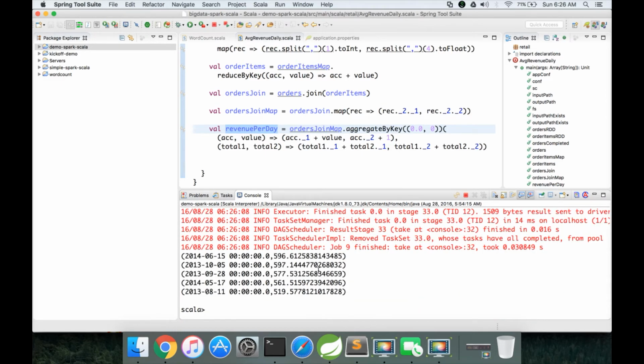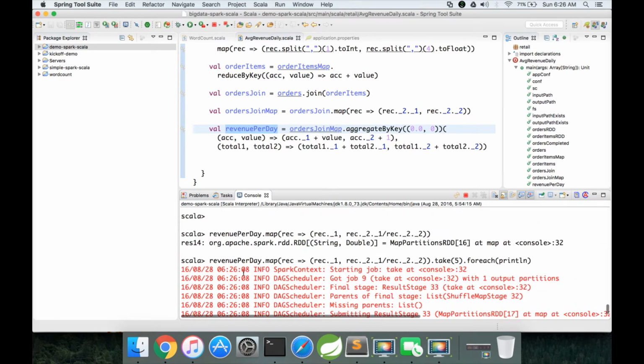But if you see, the decimal points are too many, and for revenue it doesn't look good. So we have to format this in such a way that the result is ending with 2 decimals.